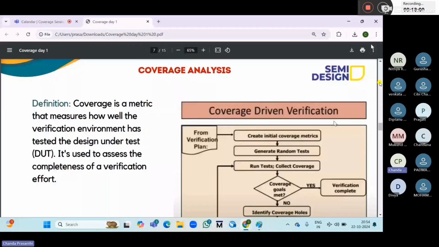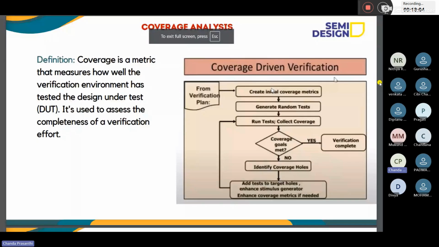If you observe here, a small block diagram. First, verification plan. We need to take a verification plan. Whether you are working with a small project or any complex project, verification plan is very important.